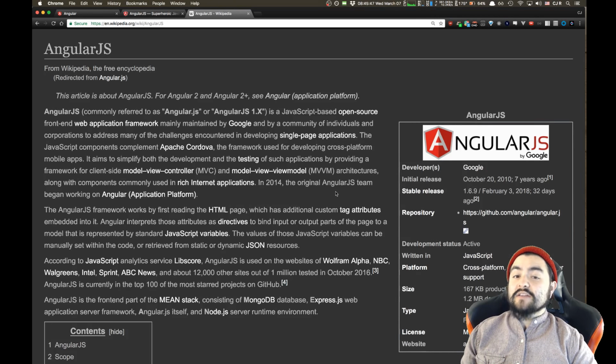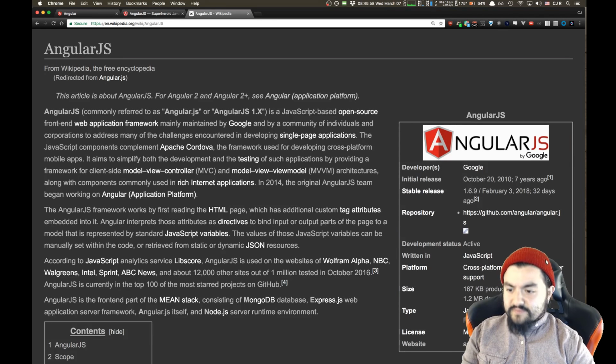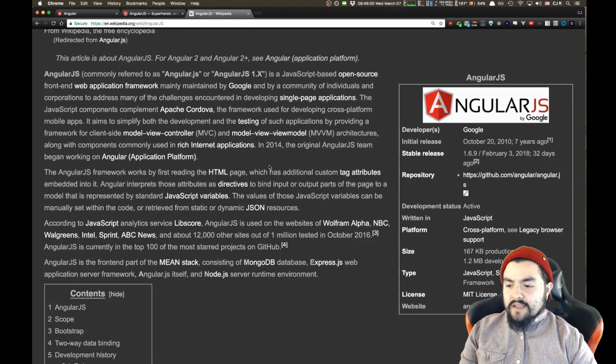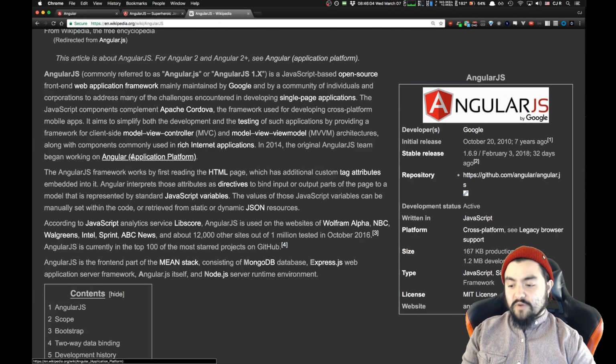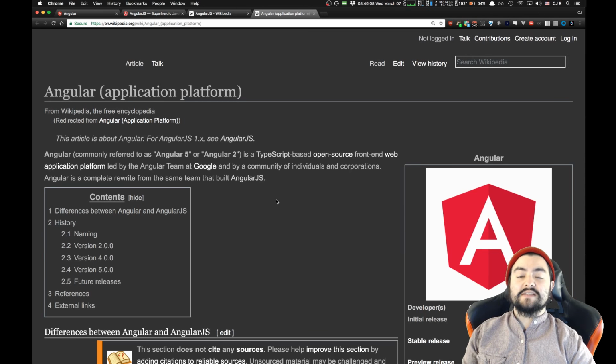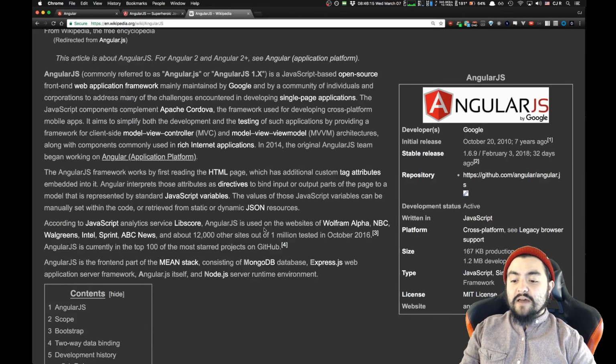And Angular quickly wanted to catch up, so they decided that in Angular version 2, it was going to be a complete rewrite to no longer do the things the way they were doing them. And so this happened in 2014. So in 2014, they began working on Angular proper, which was originally Angular 2 and now Angular 5. Now the thing about it though,